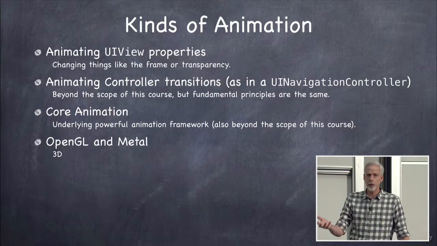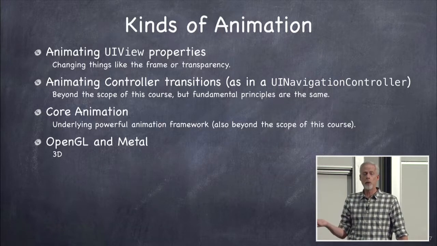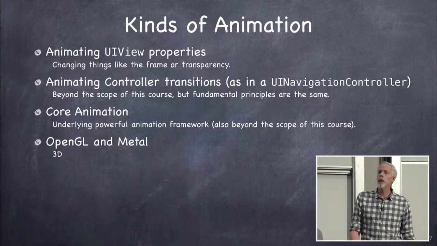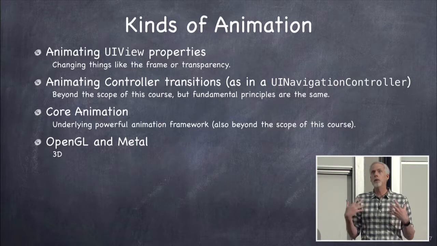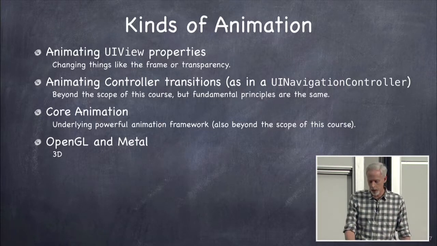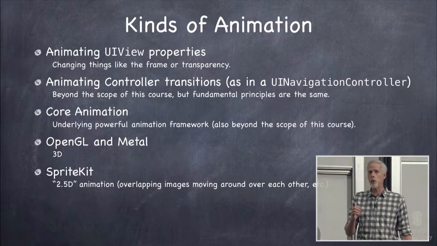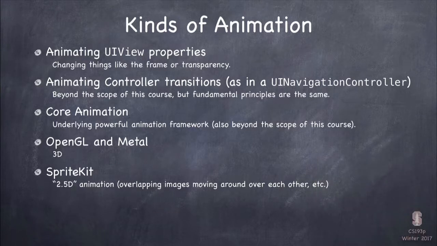There's a lot of mechanism for doing 3D animation. OpenGL, there's a full OpenGL implementation on iOS. And there's also this layer Metal, which is a powerful graphics layer, mostly for people writing really powerful, sophisticated animated applications. There's another cool little kit, you might put this in some of your final projects, called Sprite Kit. Sprite Kit is kind of 2.5D animation, a typical animation where you have a little character running around, jumping over things and shooting at things. That likely would be done with Sprite Kit.